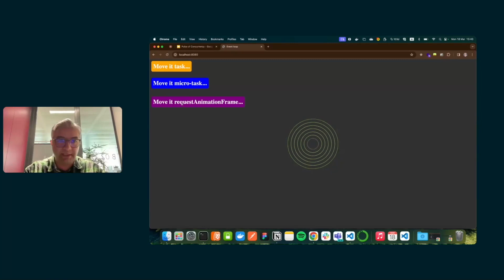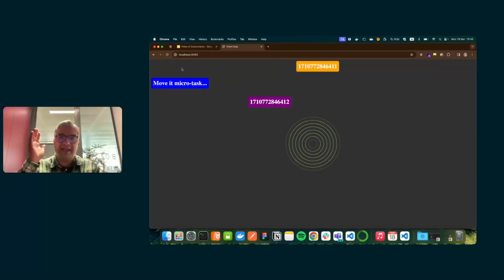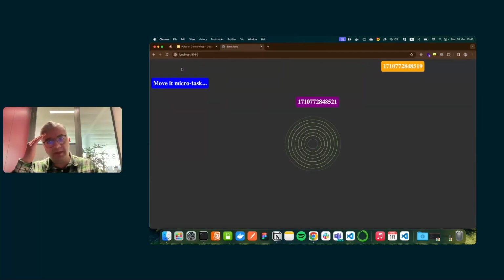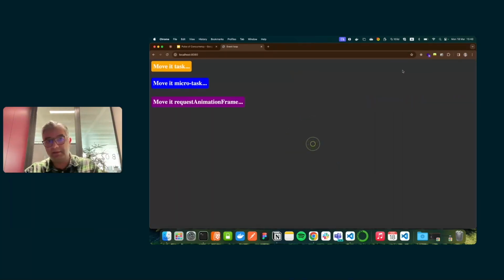So if I run this one and this one, as you see, task is going faster, because this one runs 60 frames per second, but task, it's not like that, right? Because of that, it's faster. It's 0 millisecond. Actually, it's not 0 millisecond. It's around something like 4 or something.